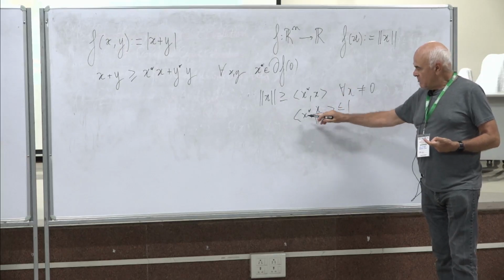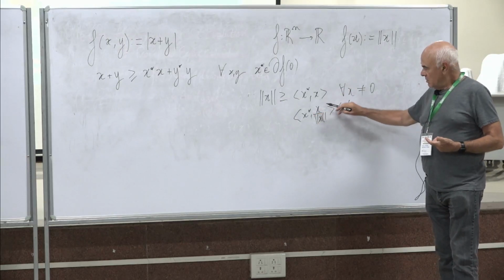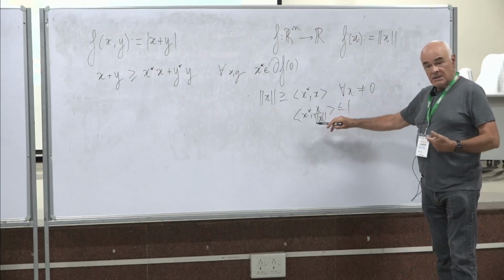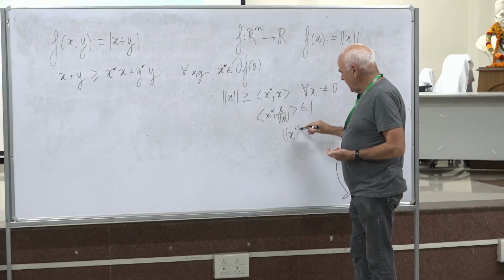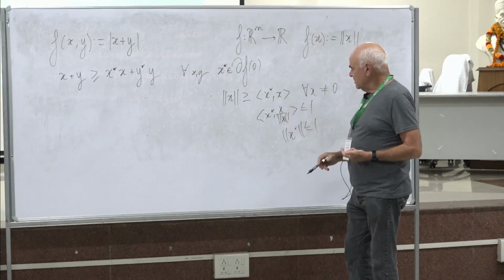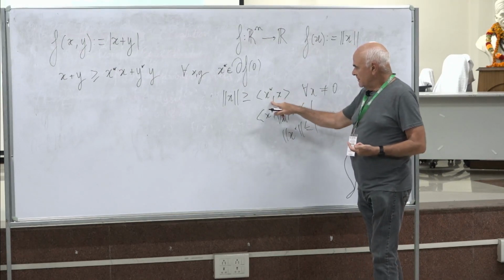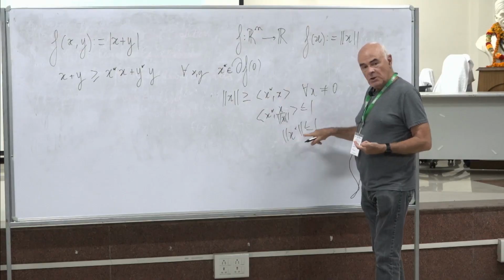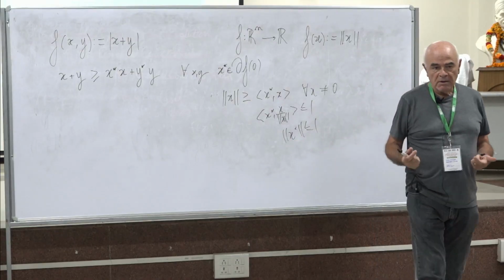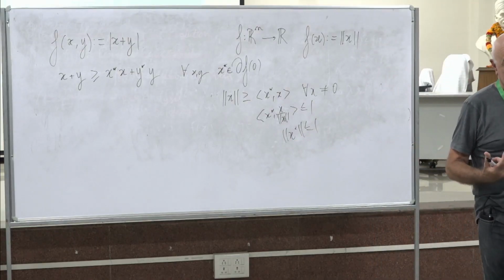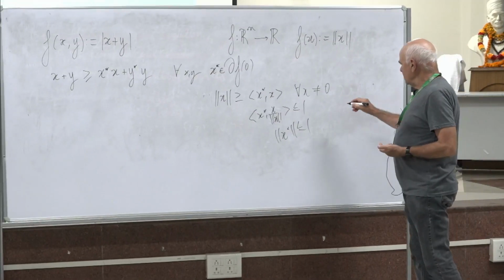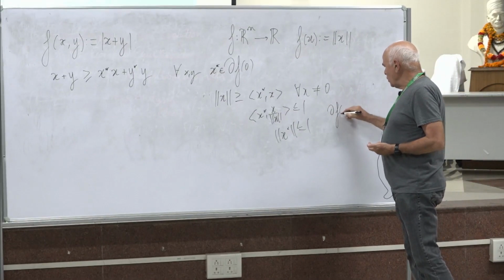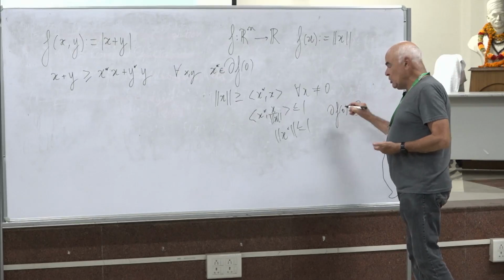And the maximum of these expressions over vectors of norm 1 is the norm of x star. So this is norm of x star less than or equal to 1. In the opposite direction, this is satisfied if the norm of x star is less than or equal to 1 by Cauchy-Schwarz inequality. So the conclusion is that the subdifferential of the norm at the origin is the unit ball,